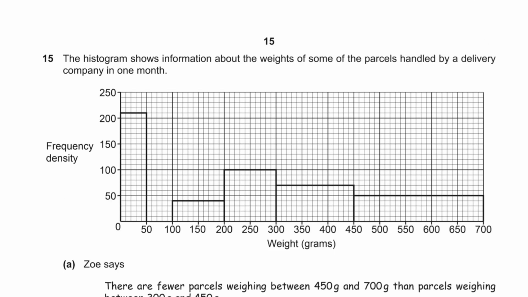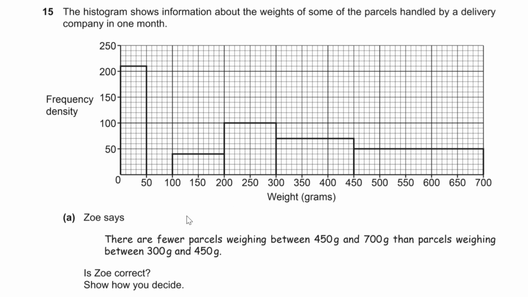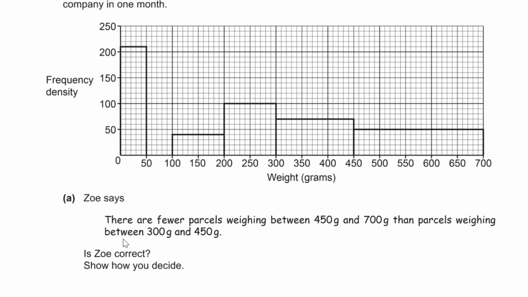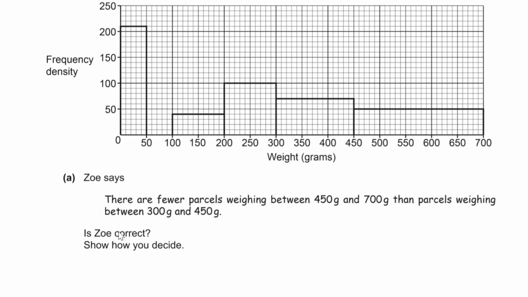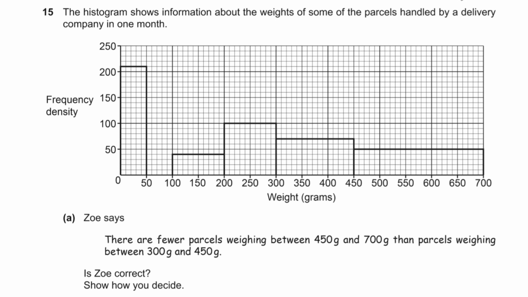Question number 15. The histogram shows information about the weights of some of the parcels handled by a delivery company in 1 month. And Zoe says there are fewer parcels weighing between 450 and 700 grams than parcels weighing between 300 and 450. Is Zoe correct? Show how you decide. Well, first of all,